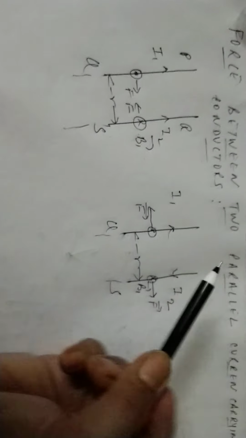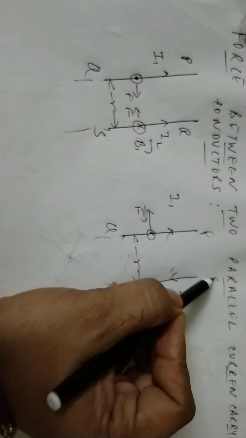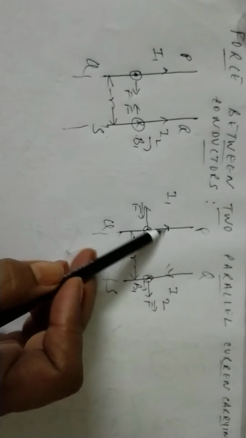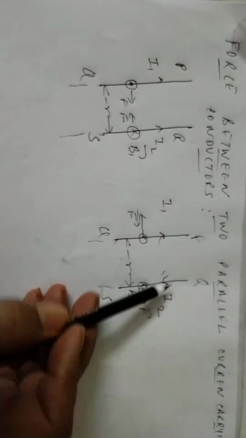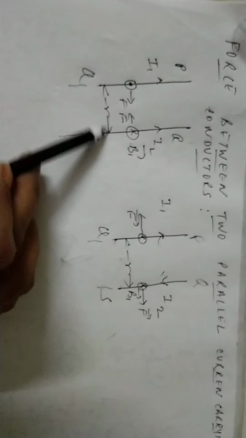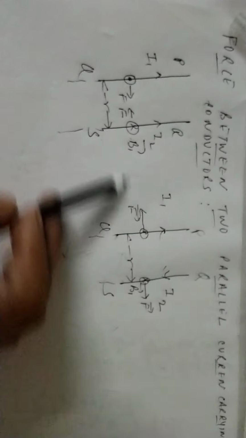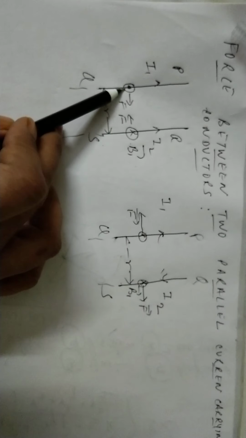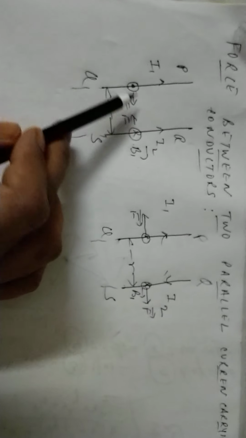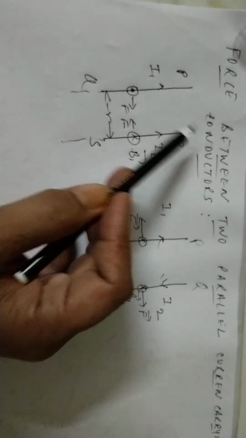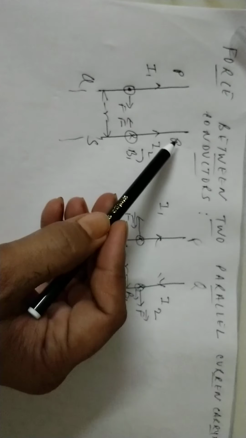They are the same wires. We have got two wires. This is P and this is Q, but here the current is in the upward direction and here it is in the downward direction. The distance between the two wires is R, and here also the distance between the two wires is R. Now if the current flows into the wires in the same direction, you can see that here it is I1 and I2, they are in the same direction,